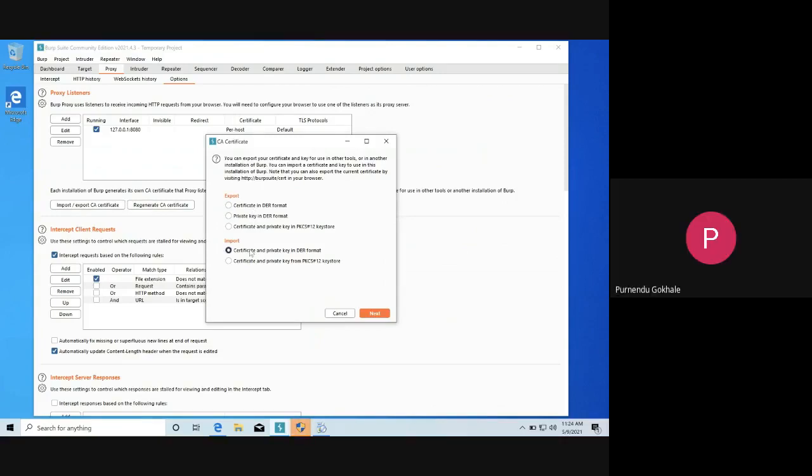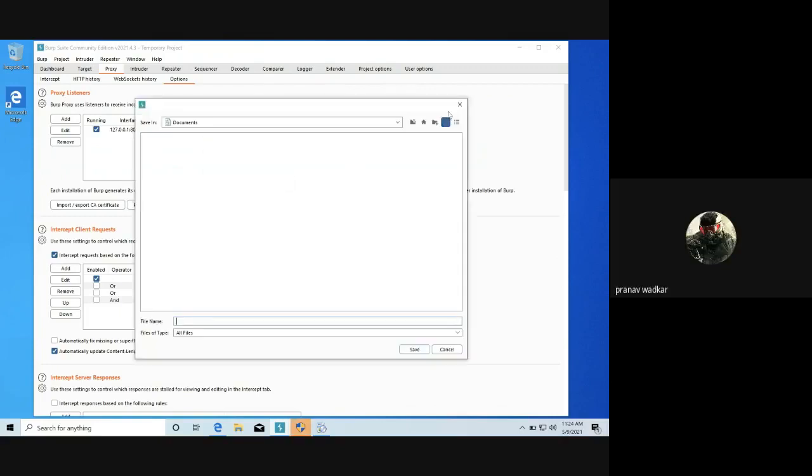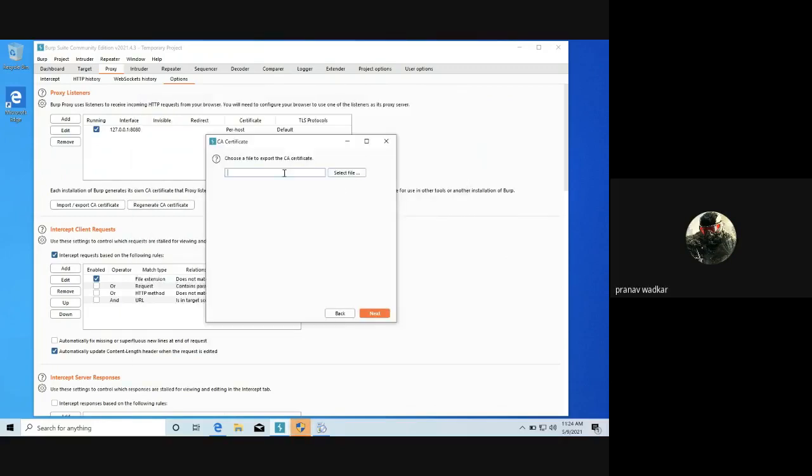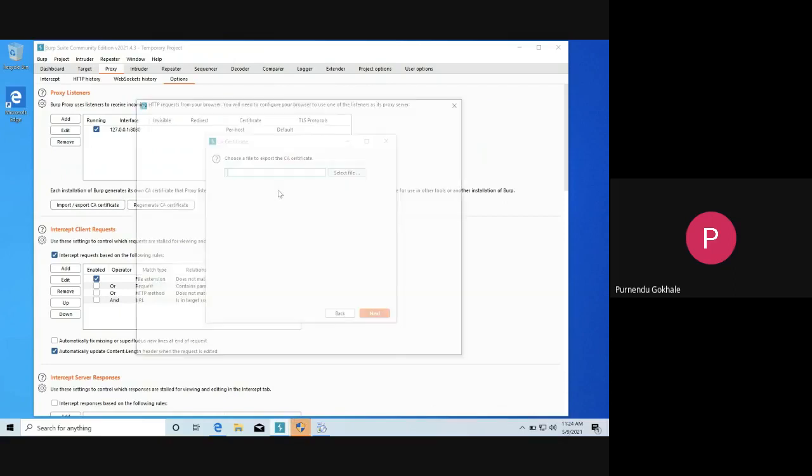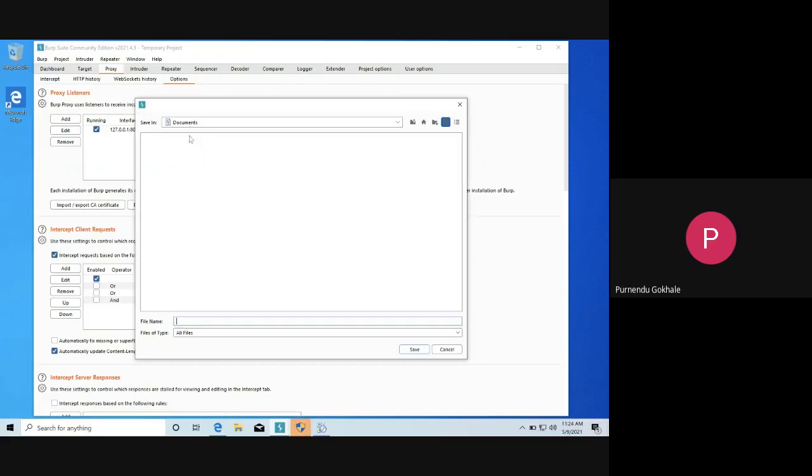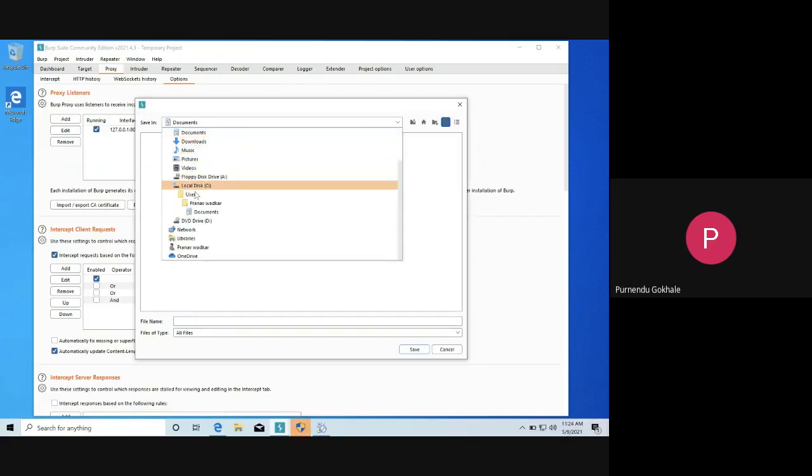Next. Sorry, we have to export, right? Next, type any name you want and save it on the desktop. Select file, go to desktop and type the file name there. You can call it CA cert, any name will do.